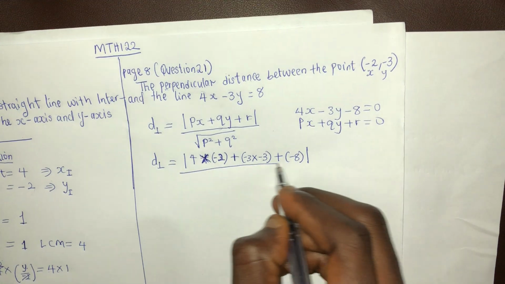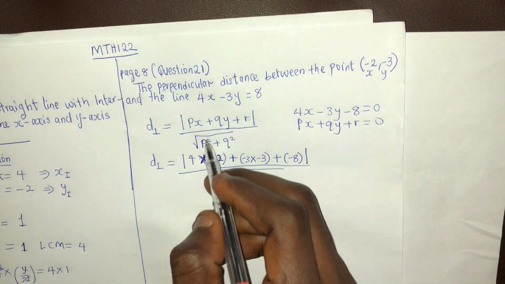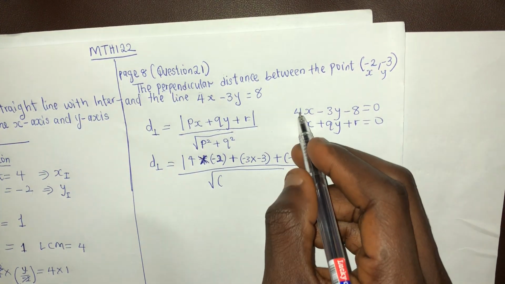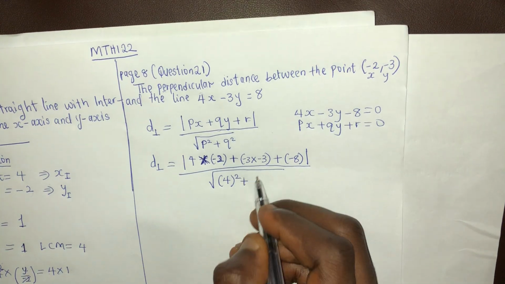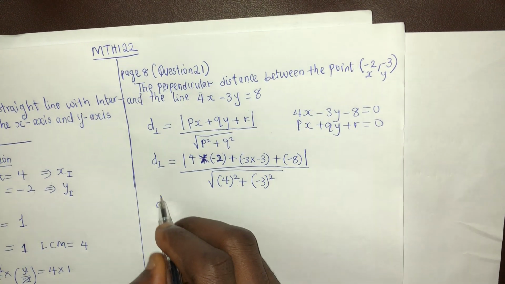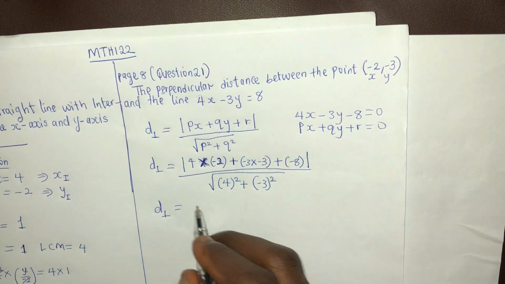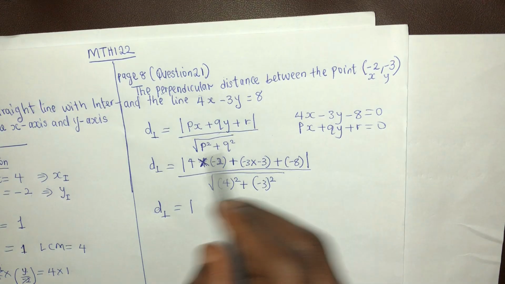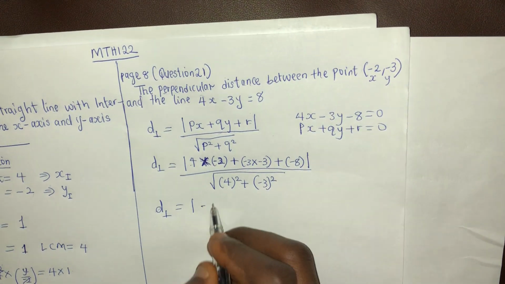So just substitute all these values, then divide by the square root of p squared, that is 4 squared, plus q squared, minus 3 squared. The final answer will come when you resolve all of this. Make sure you put the absolute value, very, very important. 4 times minus 2 is minus 8,